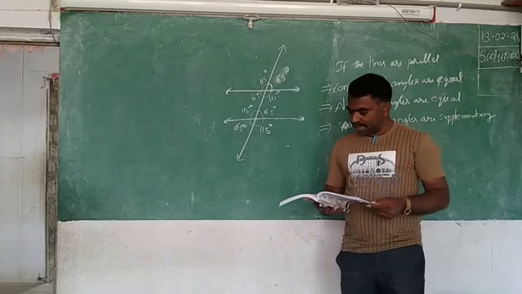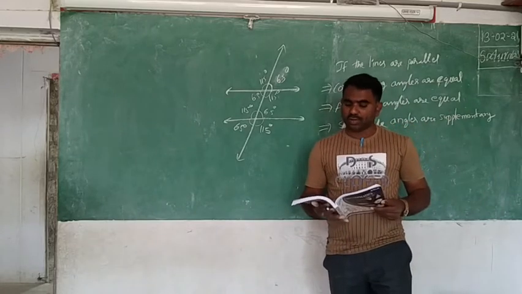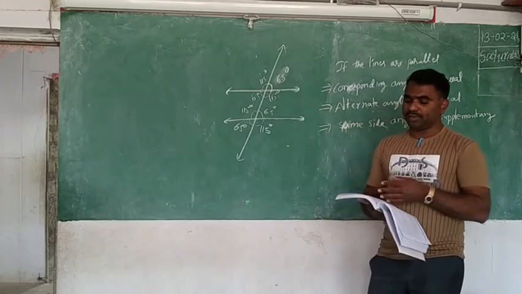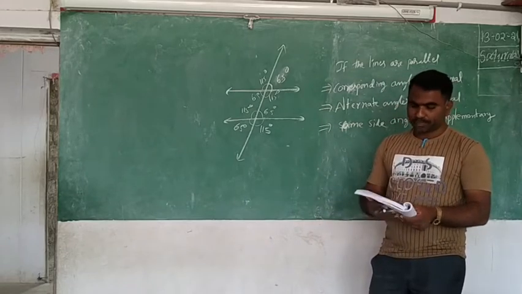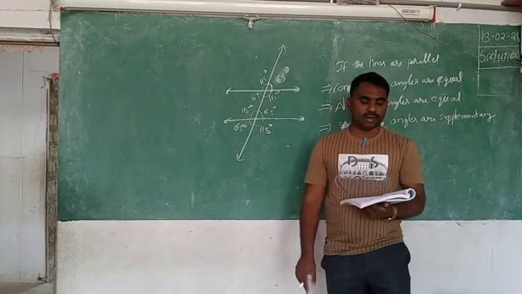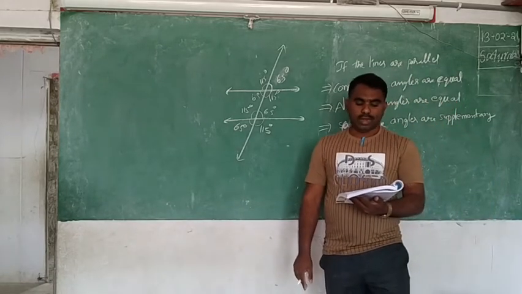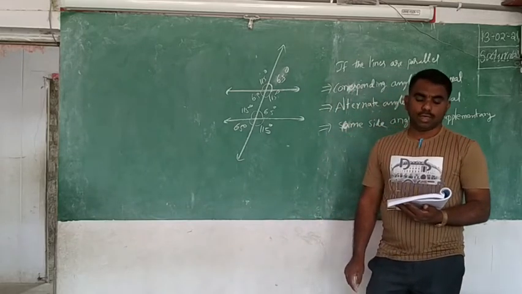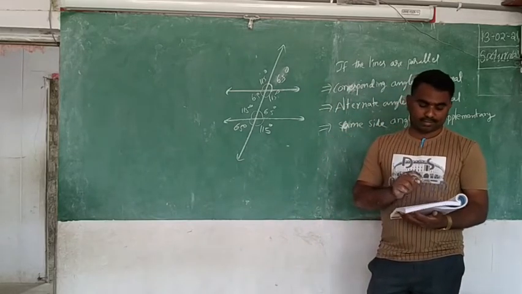See the page number 83, he also asked you like that only. On page number 83 they have given some pictures; do this in the notebook. Here also, M is the transversal on L and M, and P and Q; R is the transversal on P and Q. Here also you can check like that.